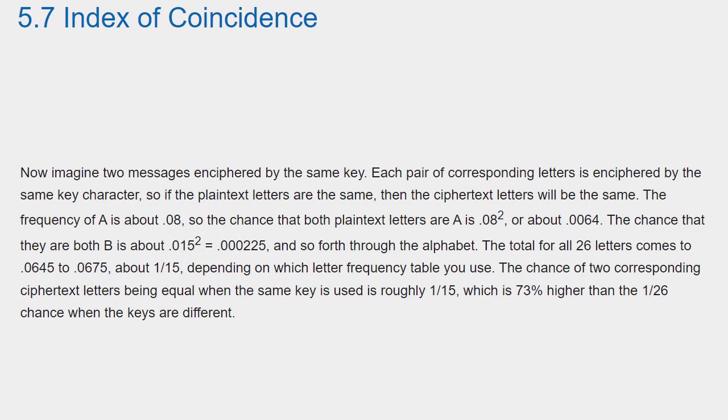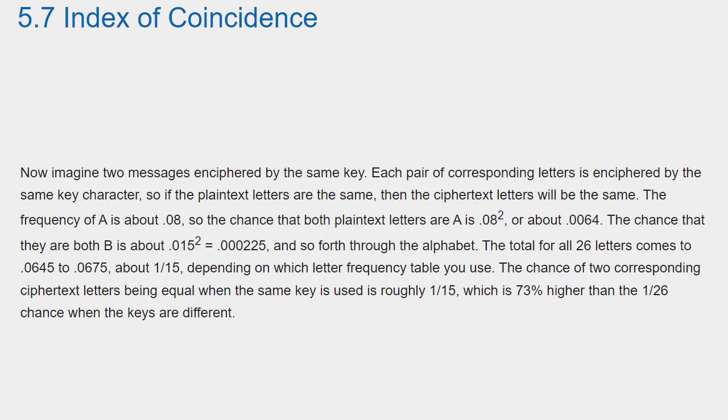Now imagine two messages enciphered by the same key. Each pair of corresponding letters is enciphered by the same key character, so if the plain text letters are the same, then the ciphertext letters will be the same. The frequency of A is about 0.08, so the chance that both plain text letters are A is 0.08 to the power 2, or about